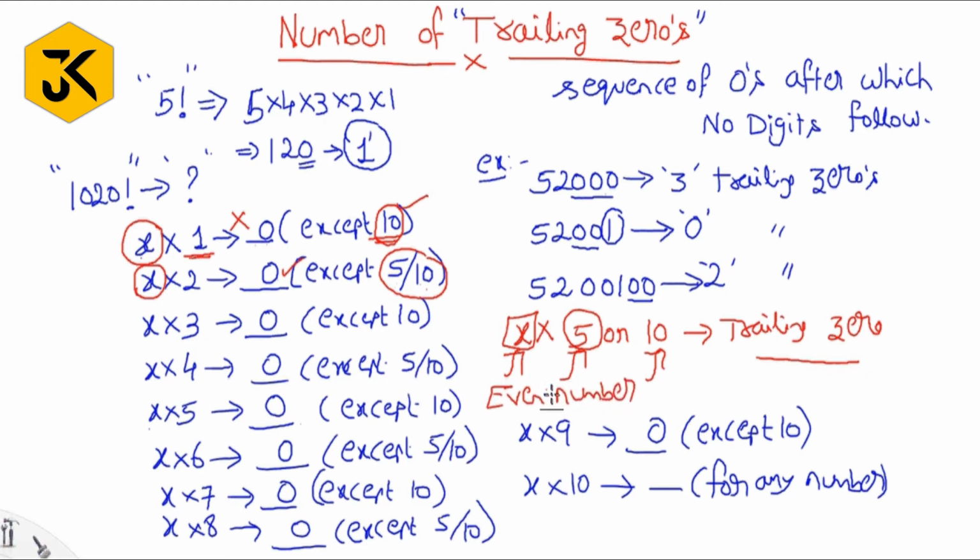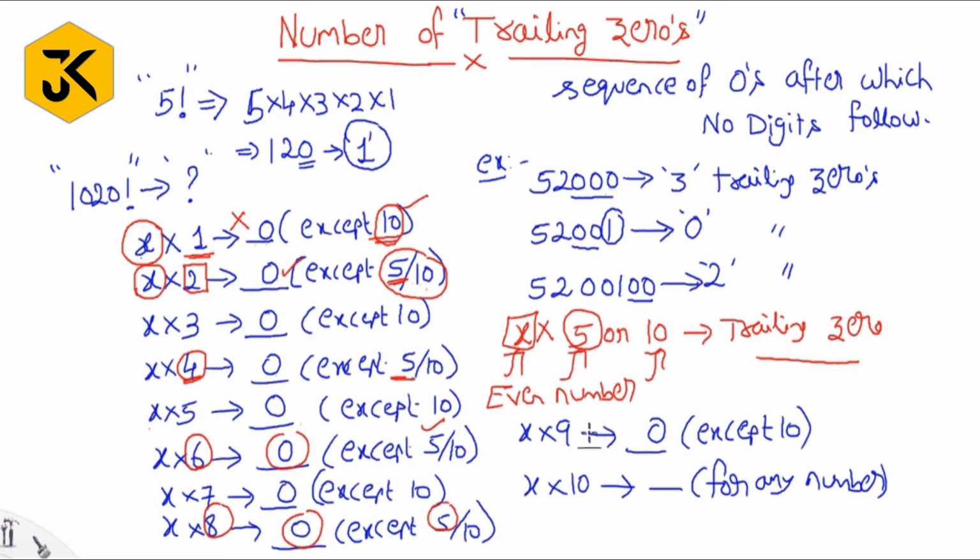Guys, don't worry. This is only a general explanation, to understand in depth. Finally, I will give one formula. With that formula, you can solve this question directly. So whenever you take the number 5, this x should be only an even number. See here, only when the number is an even number am I able to get 0 with 5. Only for an even number will I get a trailing 0.